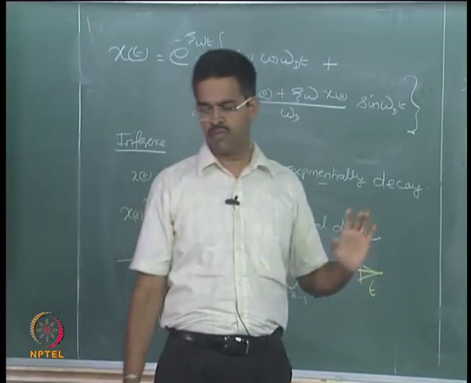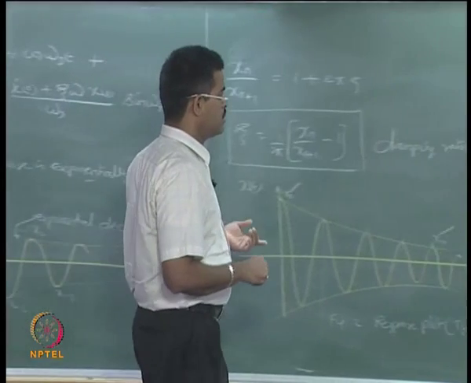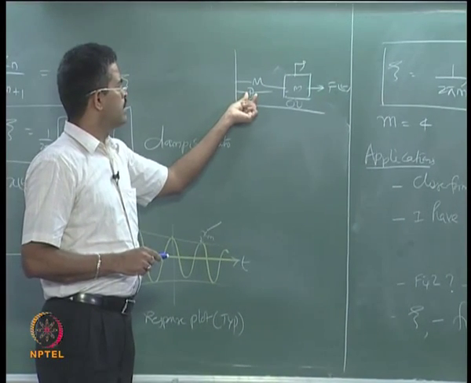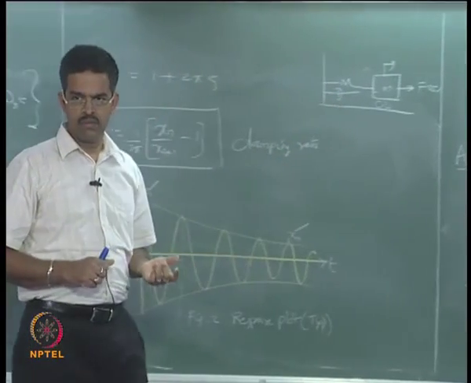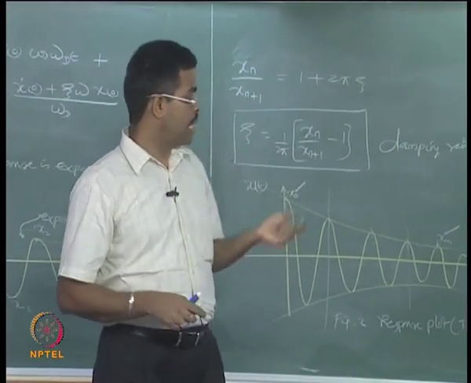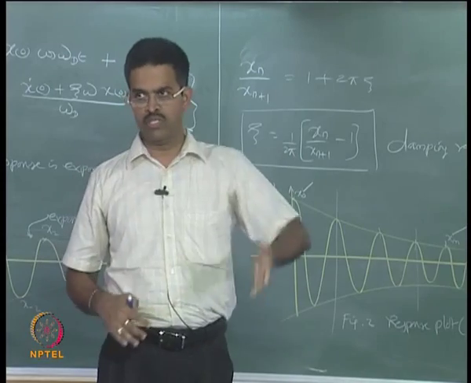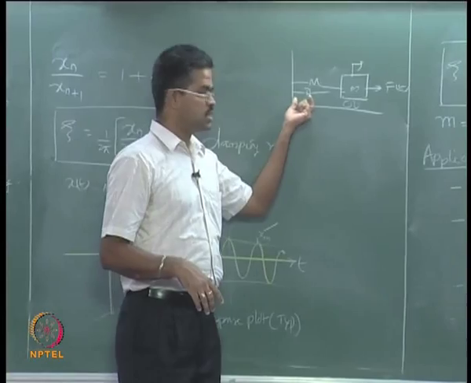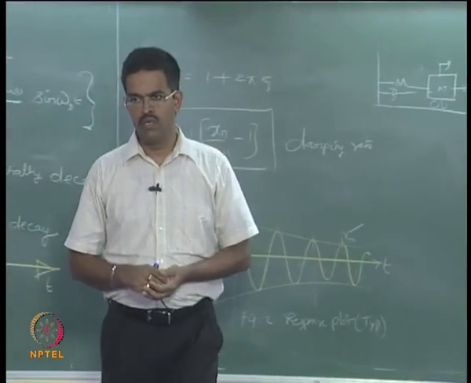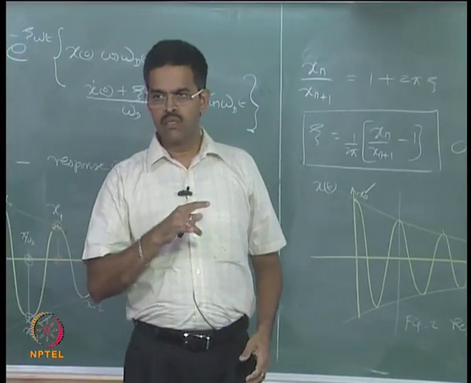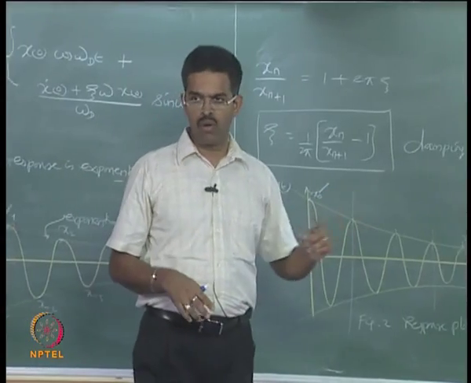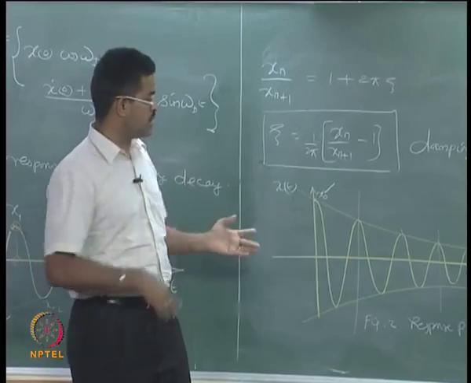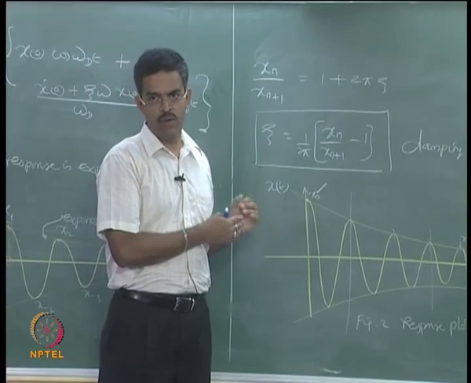Okay, we can easily get this value. So, in this model we have assumed that C is a viscous damping component, because the damping force is proportional to the velocity. Now, if it is not proportional to velocity, let us say for example a Coulomb damping model, let us see what is the great difference between a Coulomb damped response in comparison to viscous damped response as you just now saw.